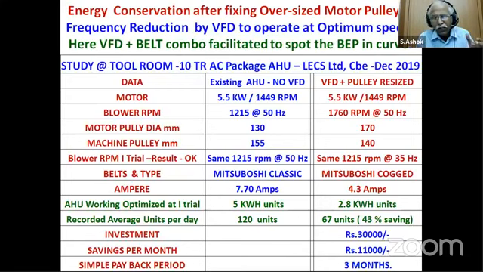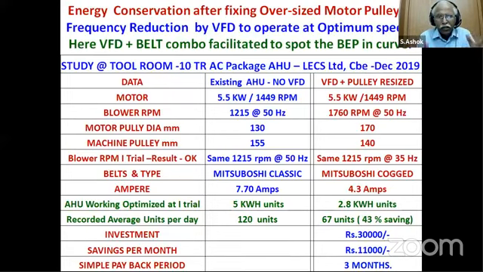Whereas if it is a raw cogged belt, for a given life, if it is a V belt for 6 months, it comes for 1 year. It is almost double the belt life, and you are able to sustain the slip at less than 2%. It's around 1 to 1.5 only. And what is achieved here in this AHU can be very much achieved in all the existing AHUs.